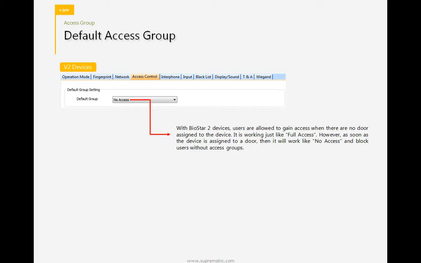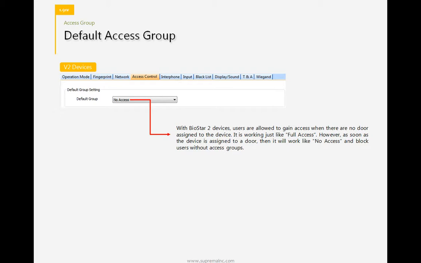With BioStar 2 devices, users are allowed to gain access when there are no doors assigned to the device, and it works just like full access. So even if the default group is set to no access, a user can still gain access to the devices when there are no doors assigned to the device.